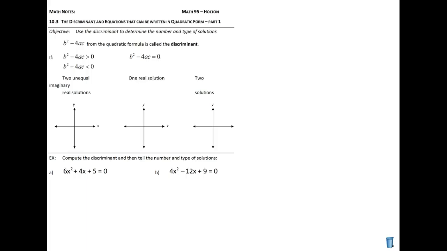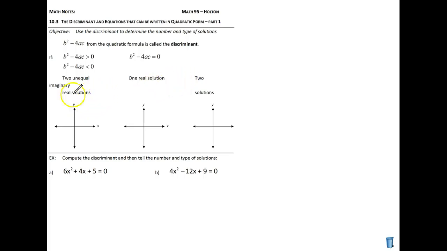In this video, we're going to start section 10.3 talking about the discriminant and equations that can be written in quadratic form. So the discriminant is part of the quadratic formula. Specifically, it's this part, b squared minus 4ac, which is the piece, if you remember from the quadratic formula, that's inside the radical. And the discriminant can tell us about what the solutions are going to be for the quadratic